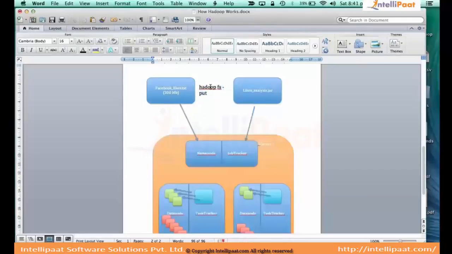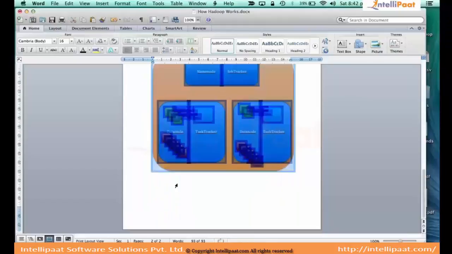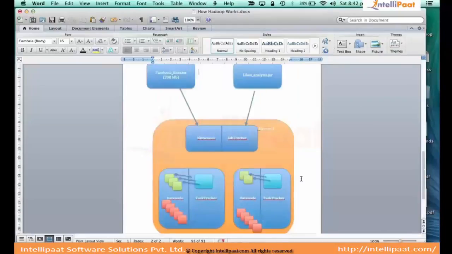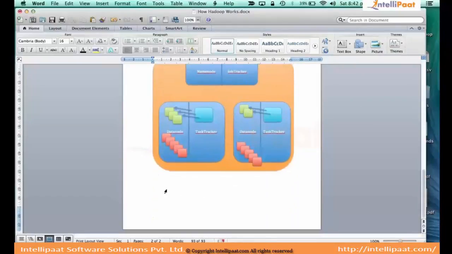Question is, will you log into the machine which has a name node and a job tracker, or will you log into the machine which has your data node and task tracker? Nowhere. You will be on your laptop. You will have Hadoop client, and you will be connecting directly to the name node by just simply putting it. Right. So for any data that you are transferring, you will need to be connected to the machine which has the name node, right? Yeah, basically you will be connected as a client to the name node.